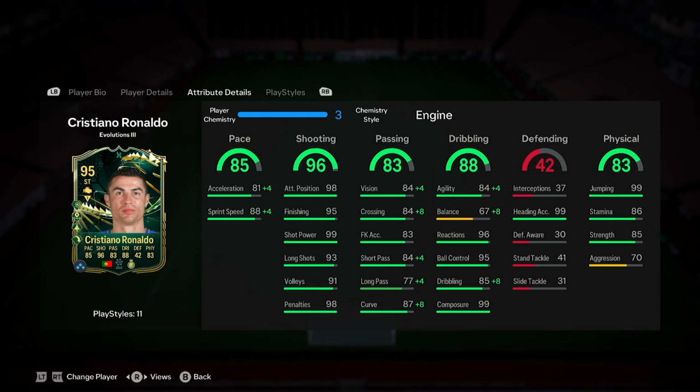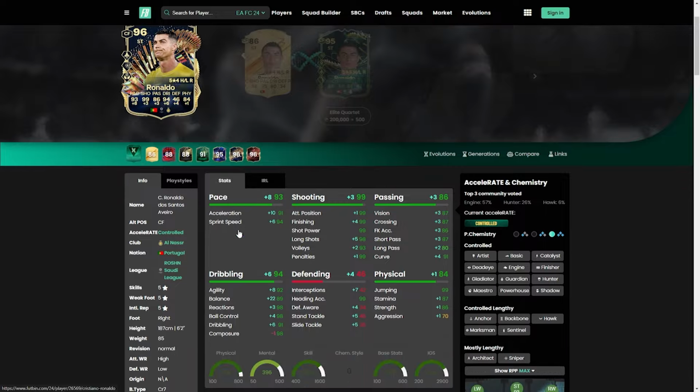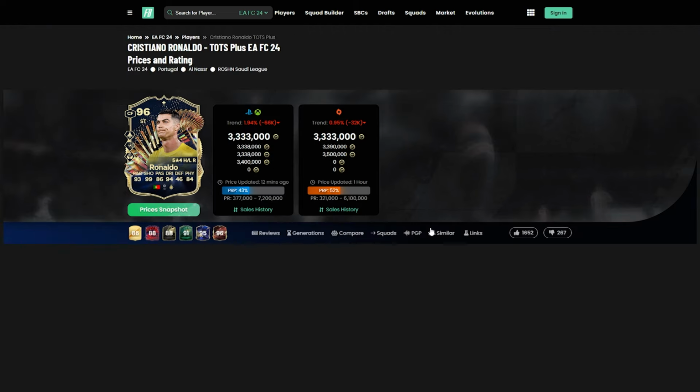I mean, 200,000 coins is not necessarily a crazy amount, and in terms of the stats, we're looking decent enough. Granted, yes, he's going to be nothing in comparison to the lovely 96, and the main difference, pace is obviously a little bit more. Realistically, the passing I'm not too fussed about. The shooting's already fantastic anyway. It is that 22 balance increase, which is a massive, massive factor on the card. That's probably the only thing different, other than maybe...